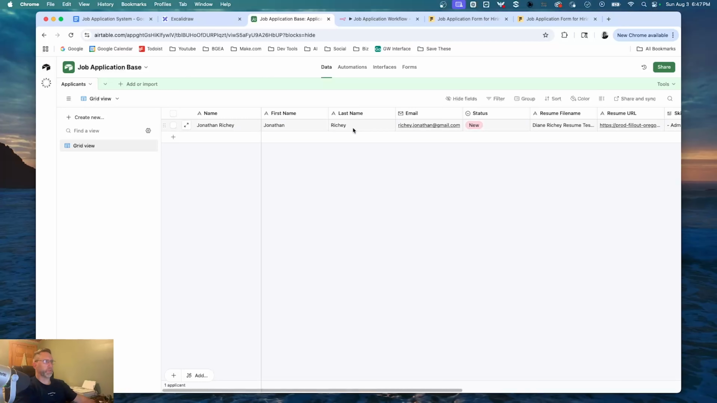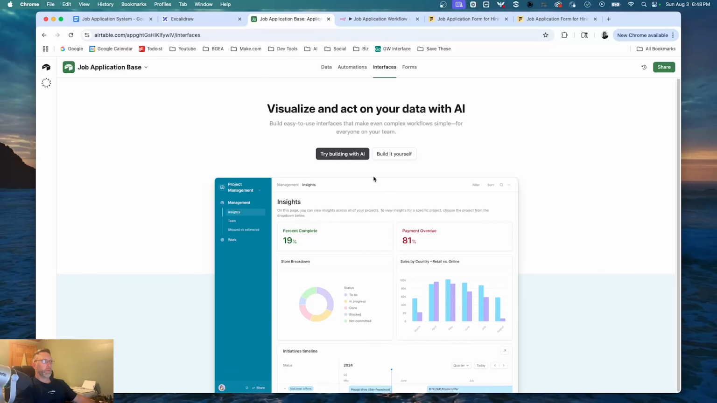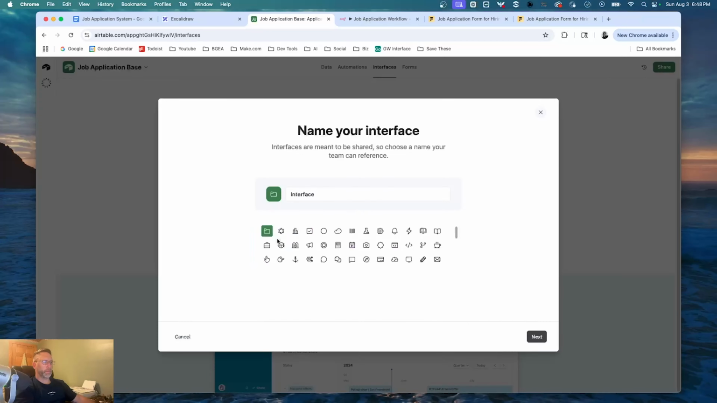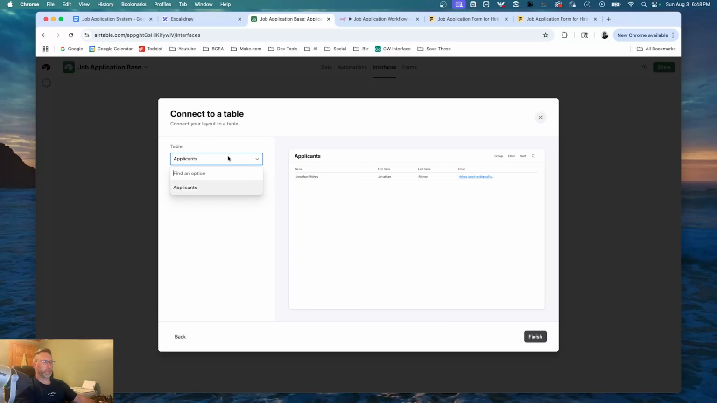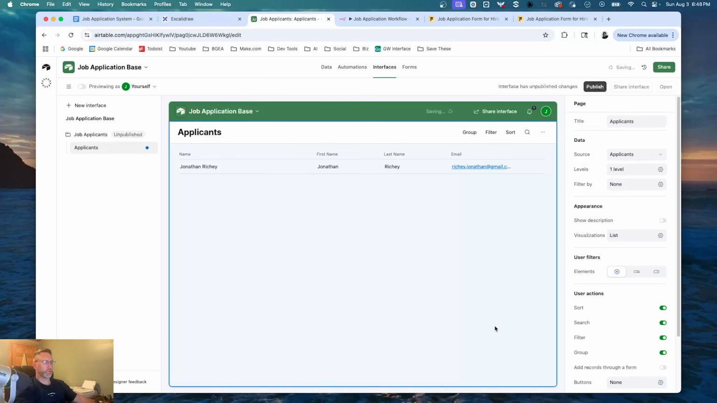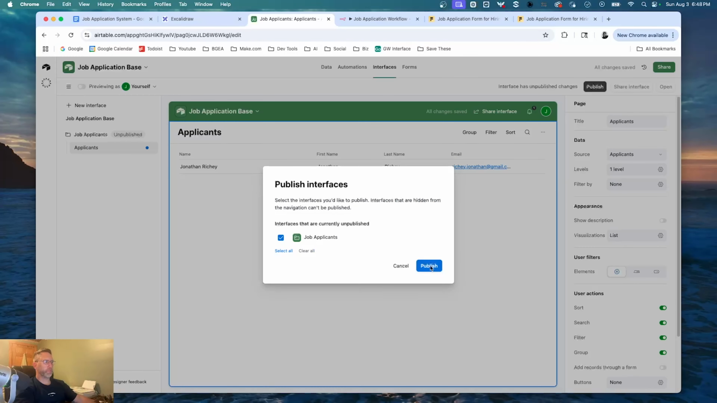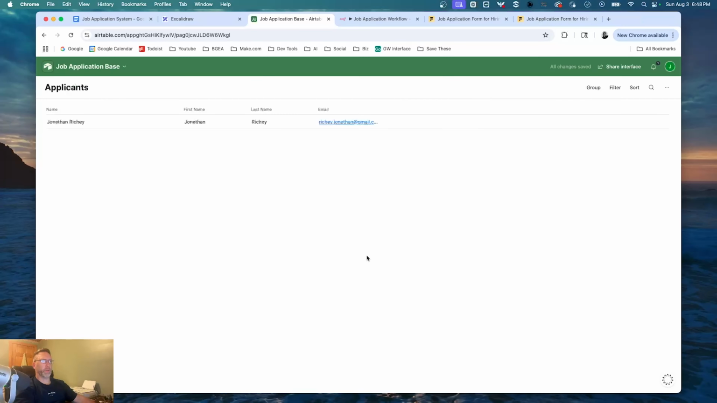So what we can do is click on interfaces, and we'll build it ourselves. We'll build an interface and we'll call it job applicants, and hit next. And we're just going to start off with a list, and the table we're going to be using is applicants, and hit finish, and we'll hit publish, and not now. Okay, so there we go. So there is a very simple viewing of the applicants. So imagine again, if you had 20, 30 of these, this would be a nice way